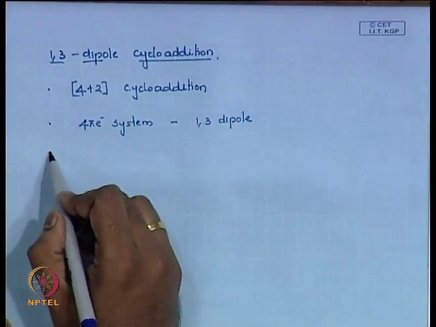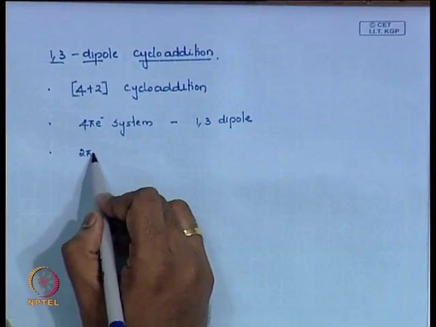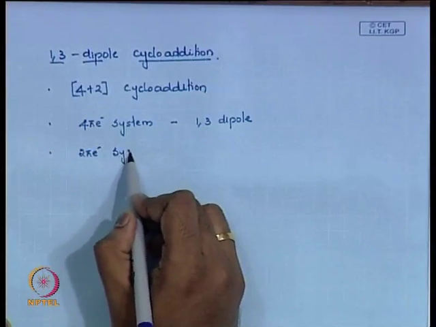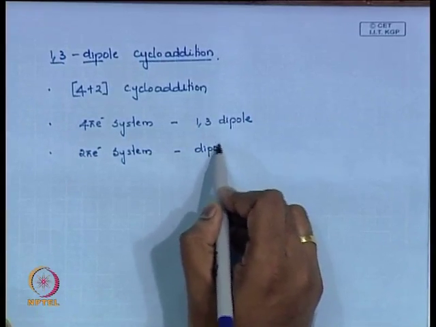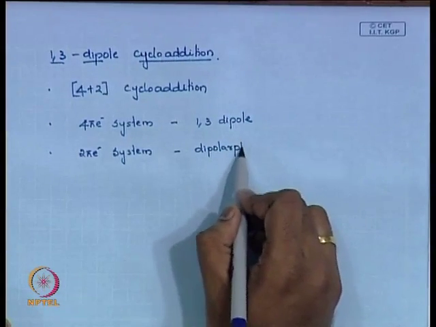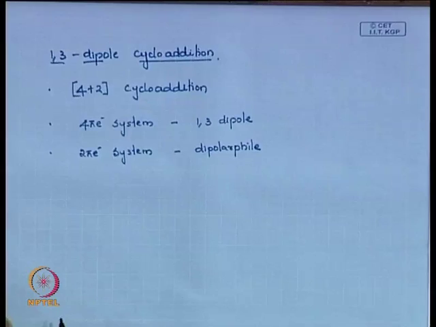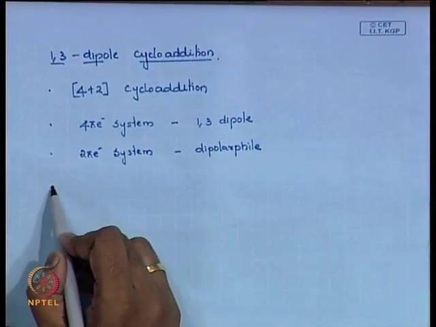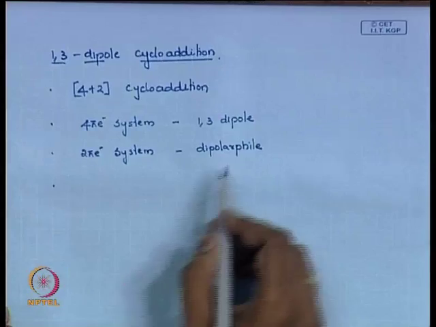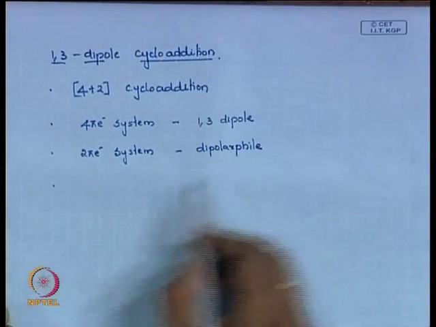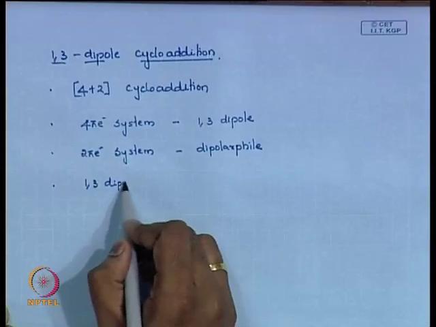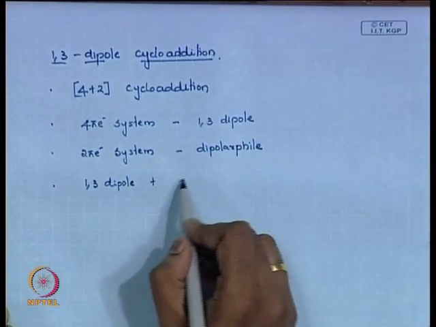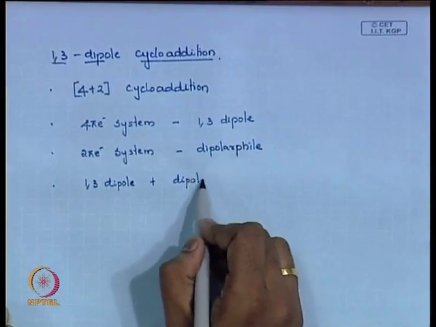The second, a 2 pi electron system, is the dipolarophile. And another thing you have to remember about your 1,3 dipole and your dipolarophile,